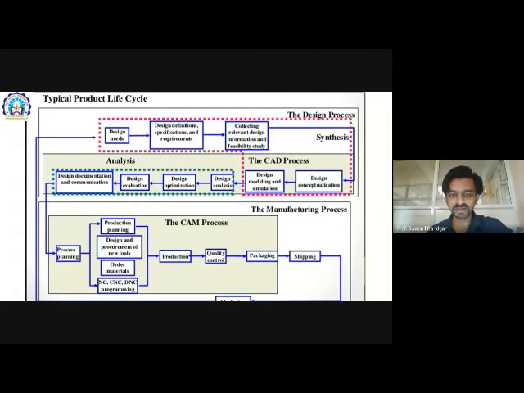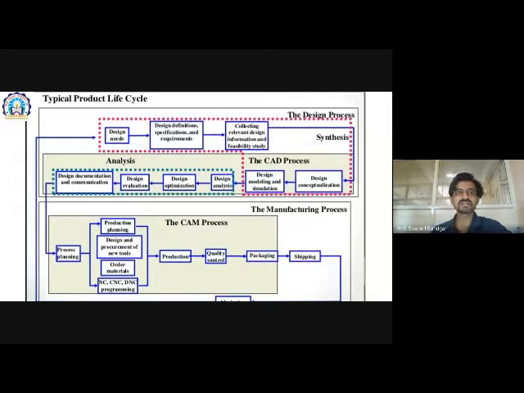Then we will go to the production. Once the production is done, we will cross verify it with quality control, and then packaging. From packaging, this goes to the logistics department, which performs operations in shipping and transporting the material to the customers. Then it goes to marketing. The marketing team not only markets our product, but also takes feedback from the customer, and that feedback goes to the design team, which changes the needs in the design, and then this process again continues.